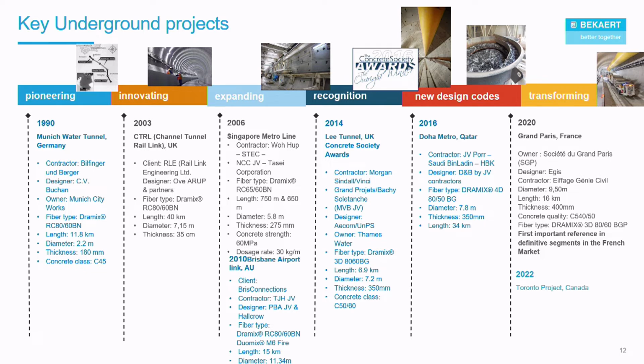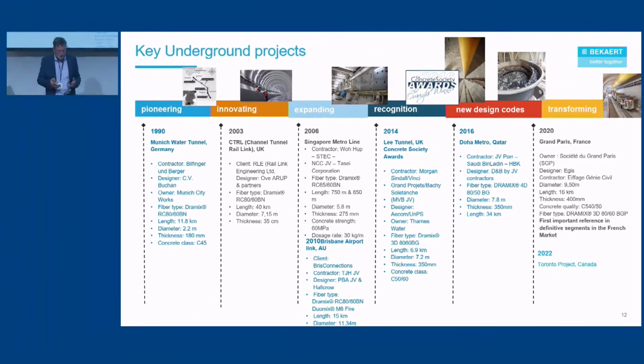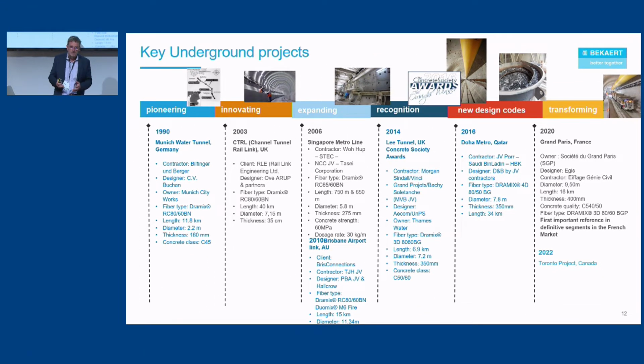From that period, we can say that the UK is really moving to fiber reinforced concrete, as 100% of the precast segments are reinforced with steel fiber. Then this application expanded worldwide with projects in Singapore, India, Australia, and the US. The Lee Tunnel in 2004 was awarded concrete project of the year by the Concrete Society. And since